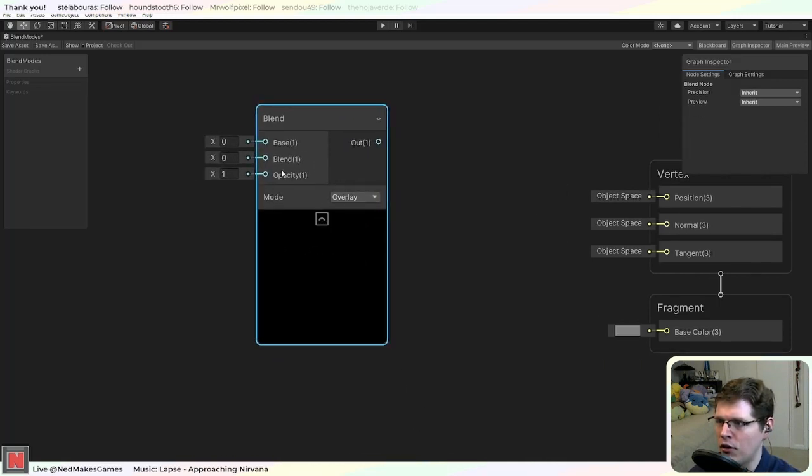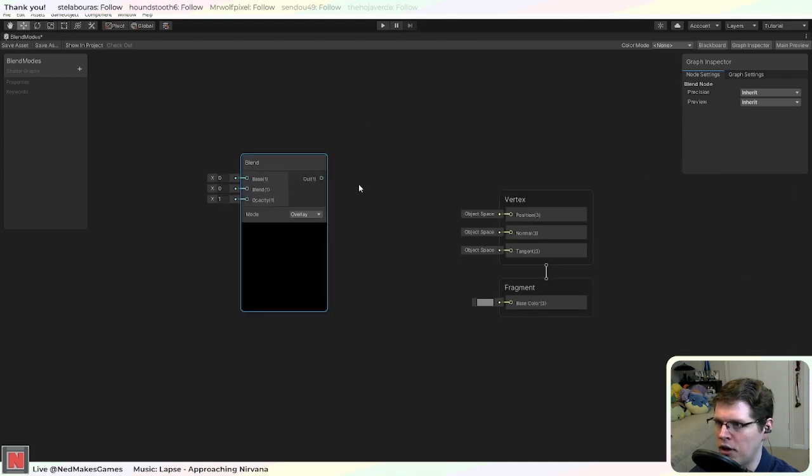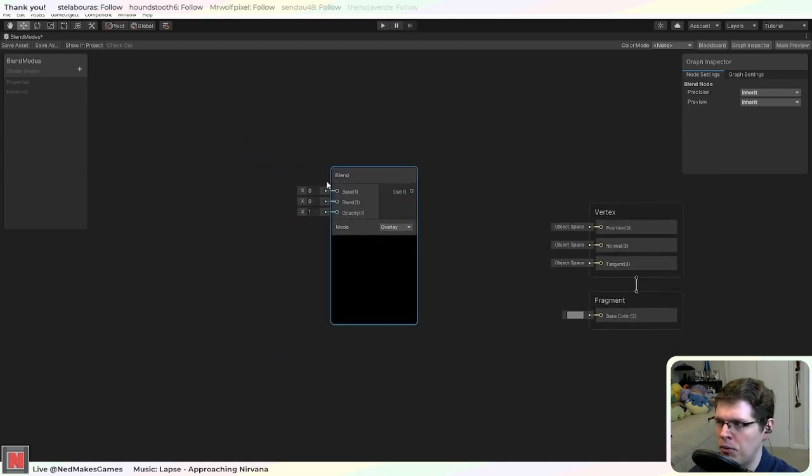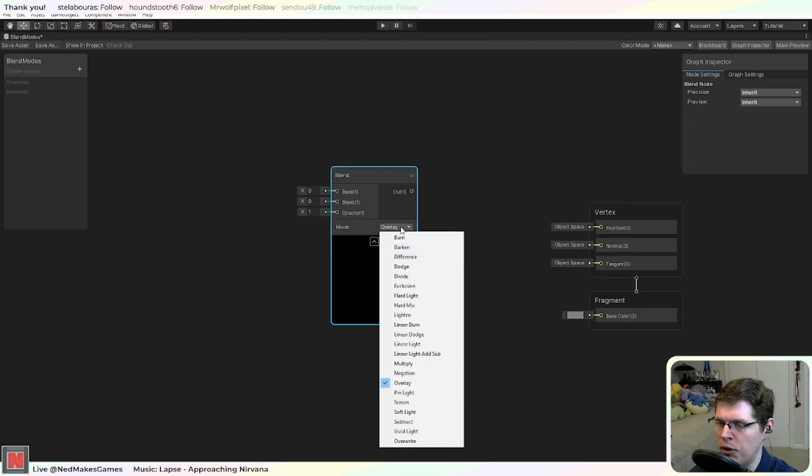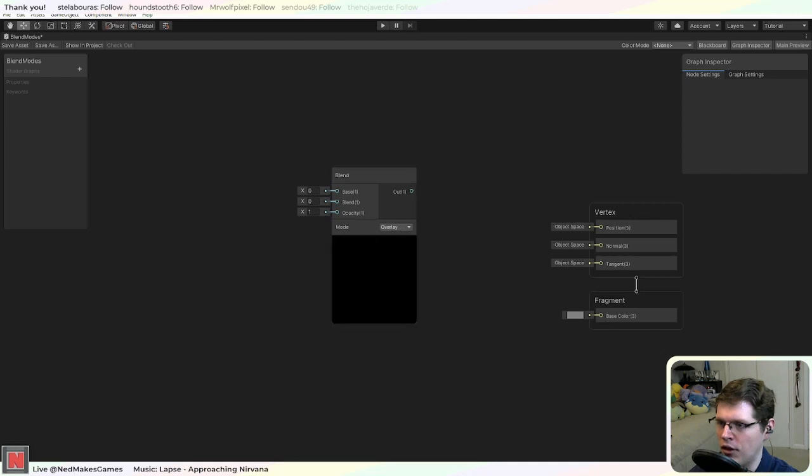We can't actually use this blend node because I want the shader to be able to dynamically change this blend mode through a material property, and it doesn't let you route it into here. So I think probably the easiest way would be to use a custom function,